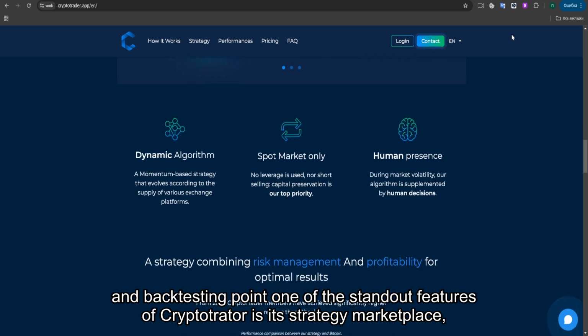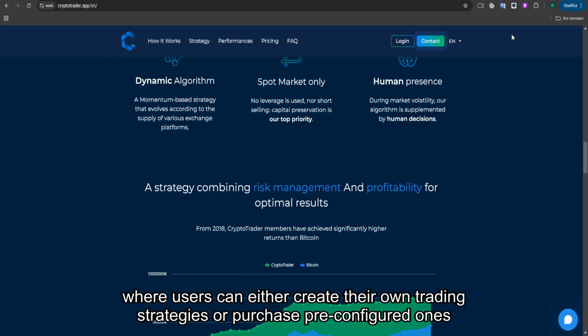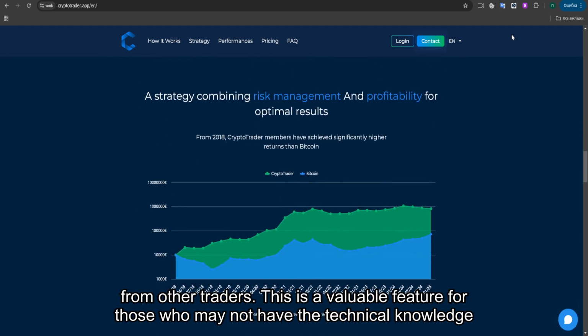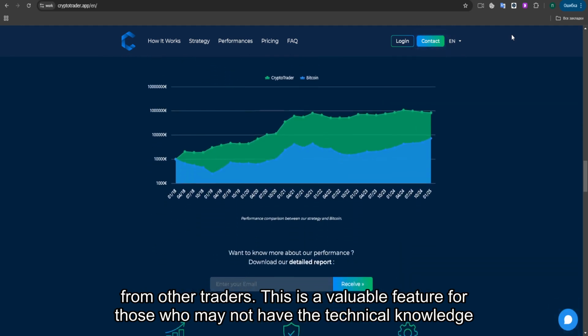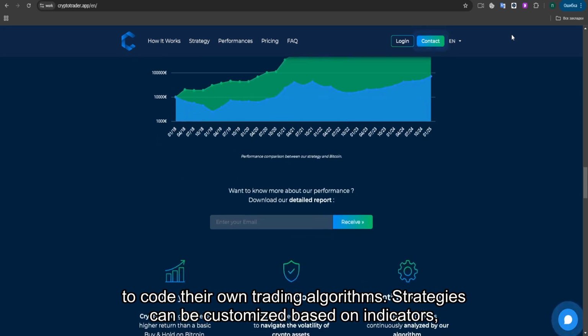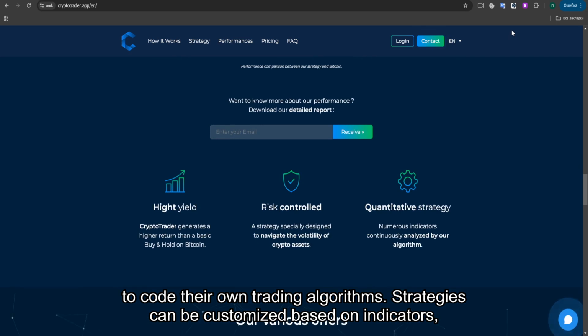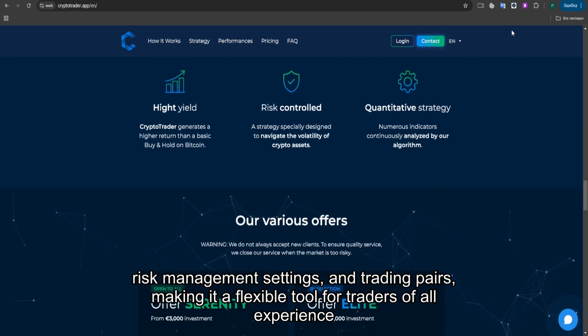One of the standout features of Cryptotrader is its strategy marketplace, where users can either create their own trading strategies or purchase pre-configured ones from other traders. This is a valuable feature for those who may not have the technical knowledge to code their own trading algorithms. Strategies can be customized based on indicators, risk management settings, and trading pairs, making it a flexible tool for traders